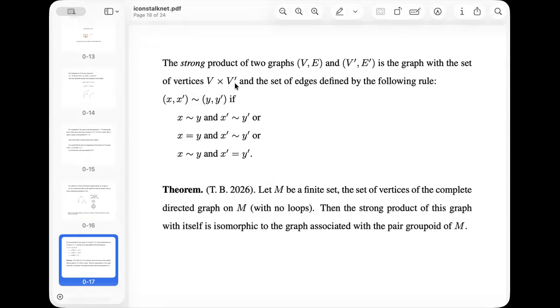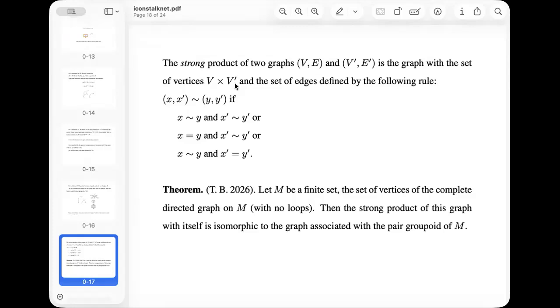The strong product of graphs is defined as follows. Suppose x is a vertex in the first graph and x prime is a vertex in the second graph. Then the pair (x, x prime) is a vertex in the product of graphs. Suppose now y and y prime are vertices too in the first and the second graph respectively. Then in the product of the graphs, the condition for the vertices (x, x prime) and (y, y prime) to be connected